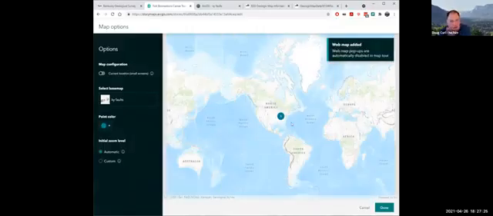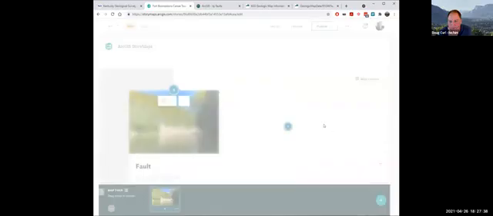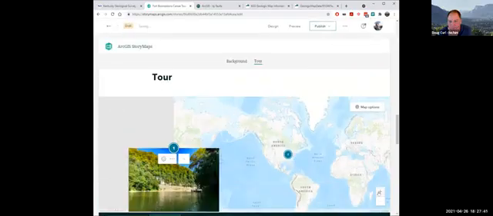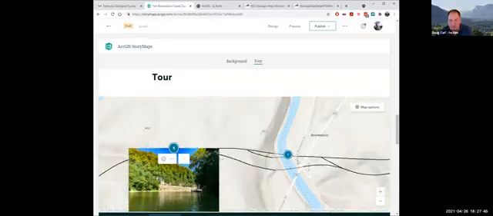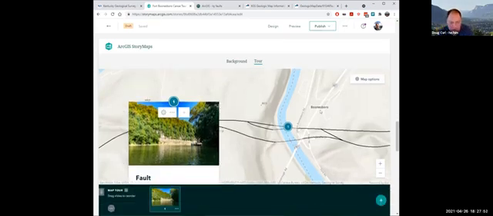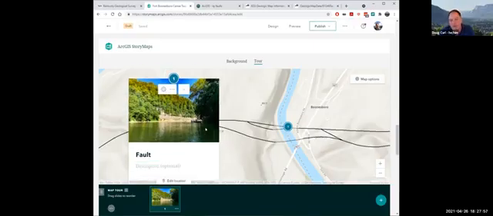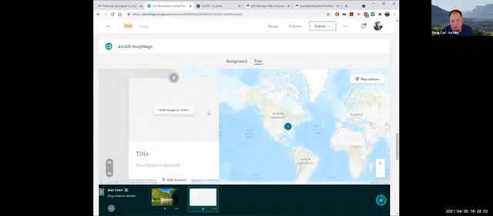So now I'm using this Kentucky faults, and I want to customize the zoom because I want to zoom in right on to that first point. And I think that's good. So if I zoom in, now you can see where that photo is located. I'm pretty sure I took a picture of the fault, which is here, and I could annotate that photo or whatever. So then you just start adding more locations to this.